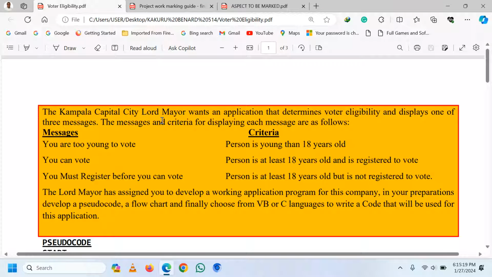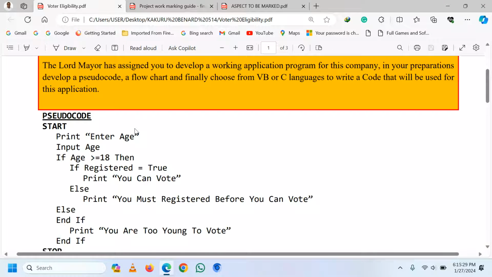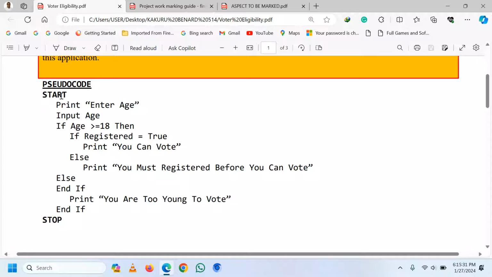So after developing our app, we shall go through that project work marking guide and see what to mark for the learner. So now from here, we need to develop a pseudocode. So in a pseudocode, you start, then you print enter age. After inputting the age, if the age is greater or equal to 18, then if you are registered,